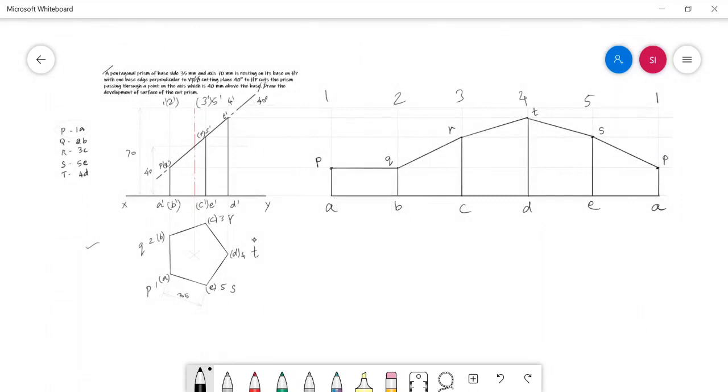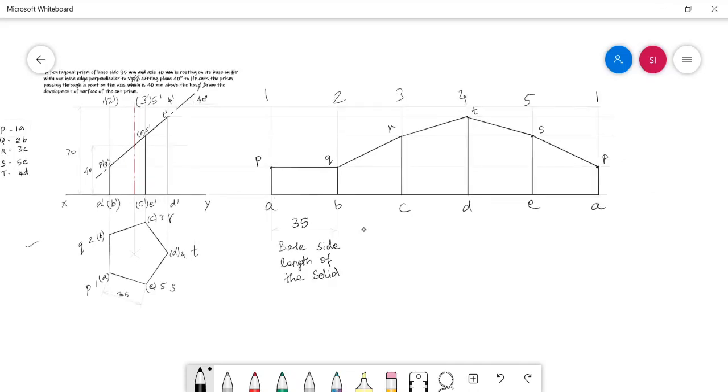Thank you. And you can try this answer with proper tools in your paper. And don't forget, this length is nothing but the length equal to the base side length of the solid. And this height is nothing but the axis height of the solid. You need not be bothered about stretching the top stretch out line and the bottom stretch out line. Here automatically the 1A distance will be equal to the lateral edge length of the solid, and this is nothing but the length equal to the base edge length of the solid. Thank you.